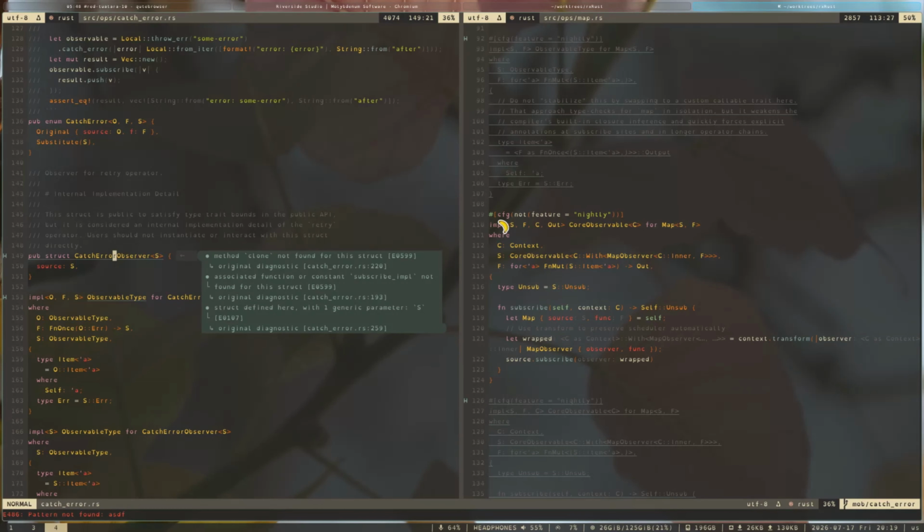But we also need to consider which thing needs to be an enum, which thing carries the state, because now I'm not sure, because the only thing that handles the error, right, is this thing, the catch error observer, because of the implementation of observer,